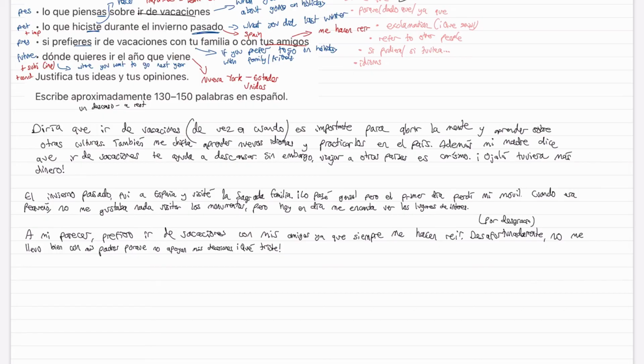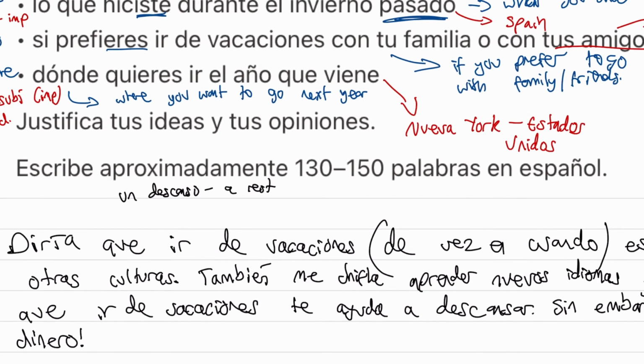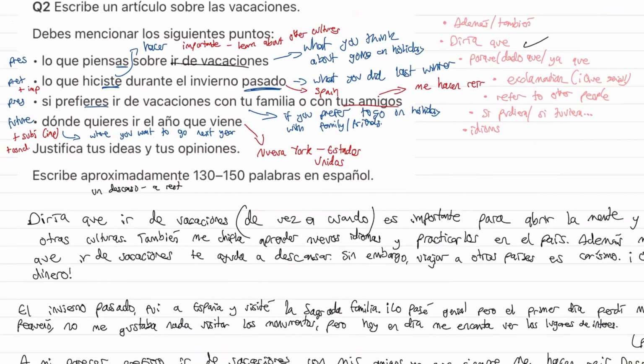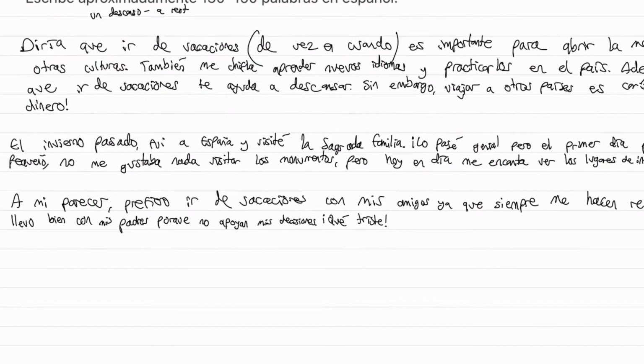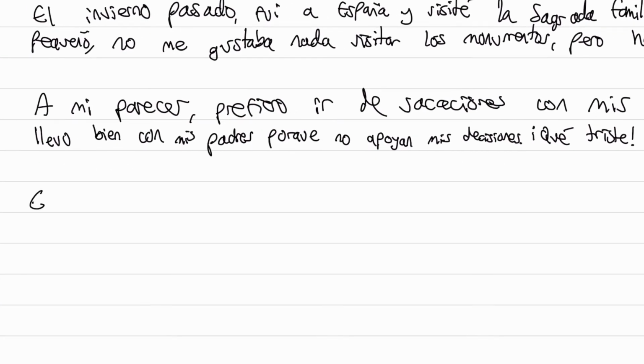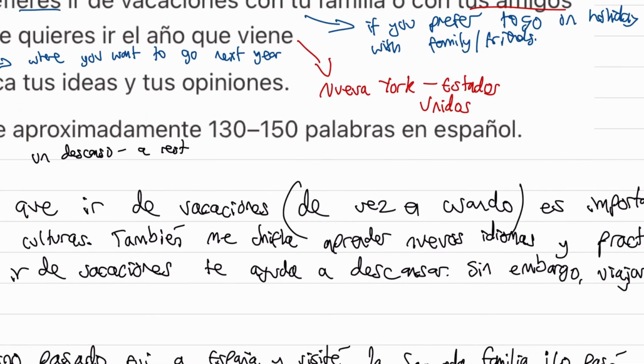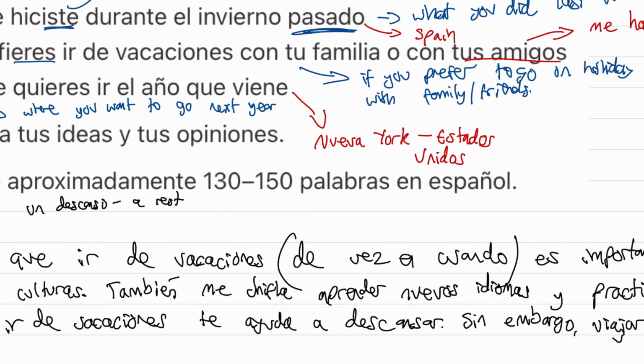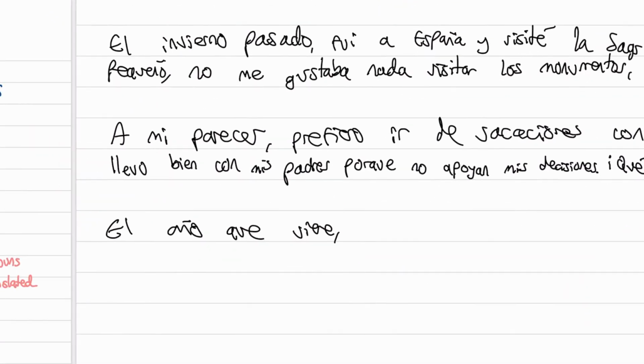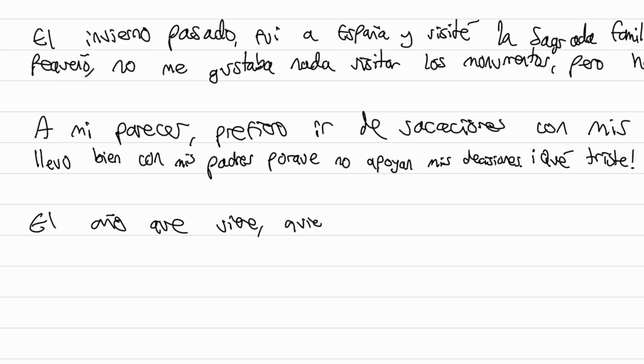Moving on to the final paragraph, which is where you want to go in the future. So a future tense, so we can use the conditional and subjunctive again. Let's use what they say. So el año que viene is in the bullet point, isn't it? El año que viene. Where do I want to go? Oh, Nueva York. Sí, America, Nueva York. Vale. So el año que viene quiero ir a Nueva York